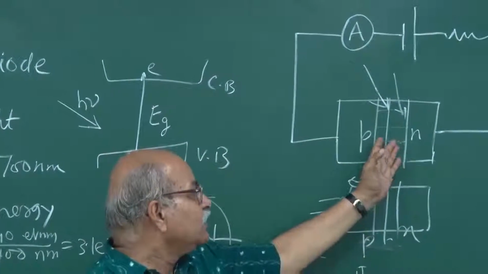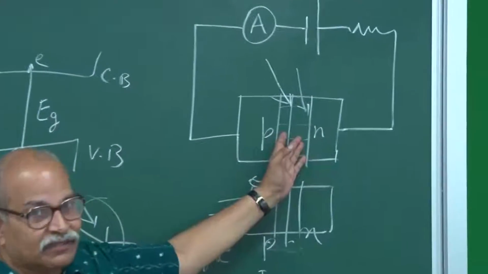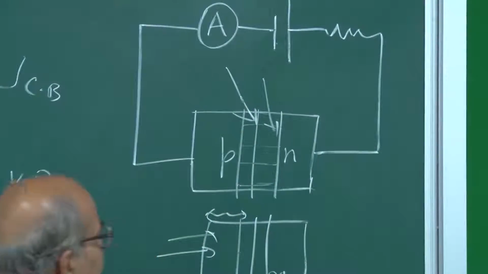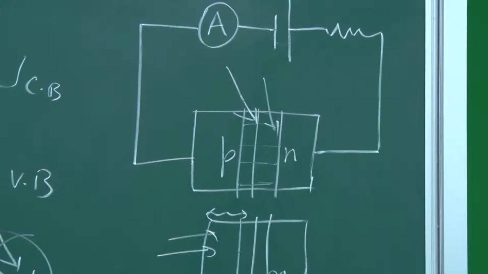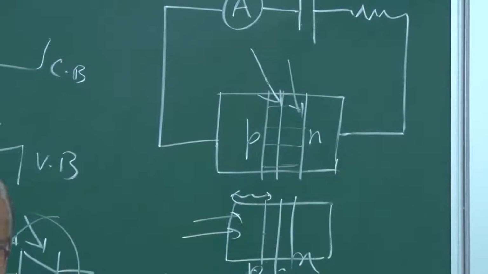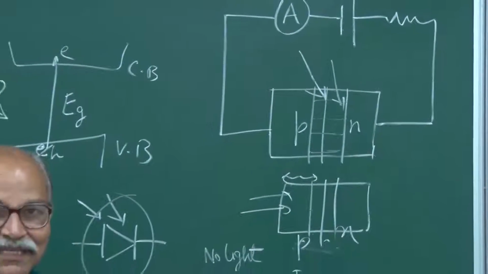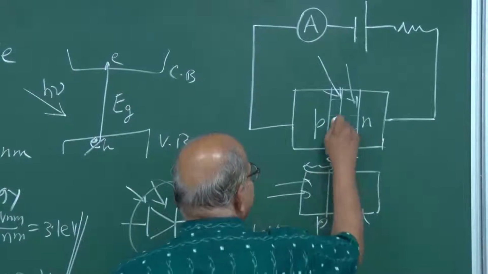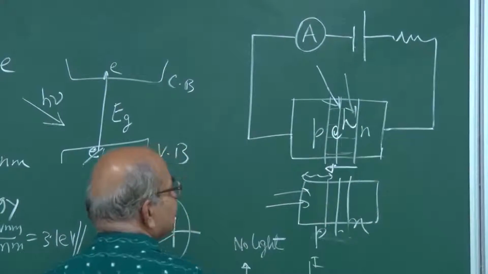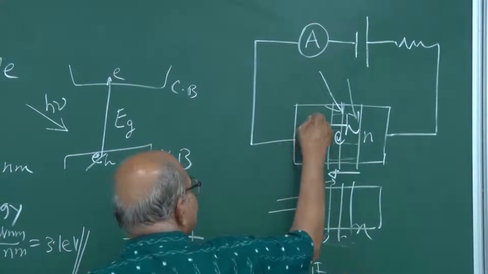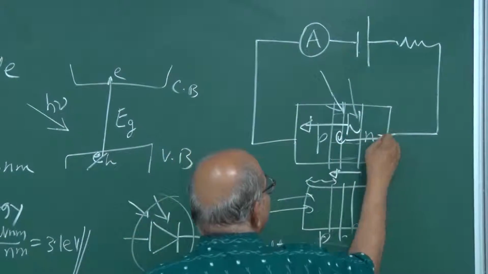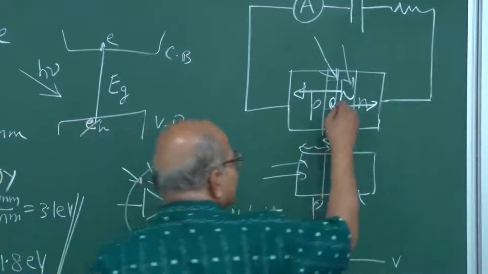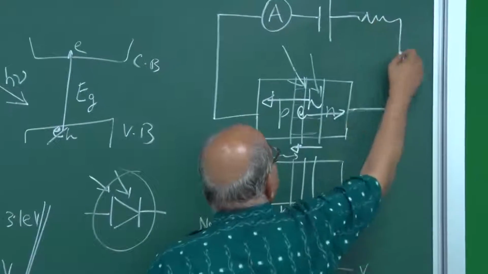So, any electron hole pair which is produced here, because of this reverse bias, you have a large field, and that field will drift both the kinds of carriers there. So, the field is in this direction. If an electron hole pair is produced here, the hole is promptly swept in this direction, the electron is promptly swept in this direction. And correspondingly, if the electron is going this way, the current is going this way,